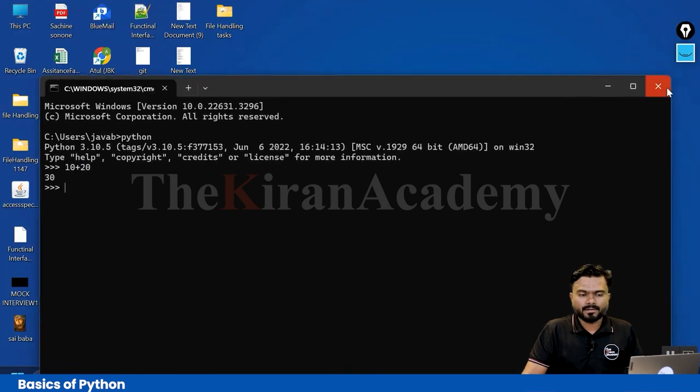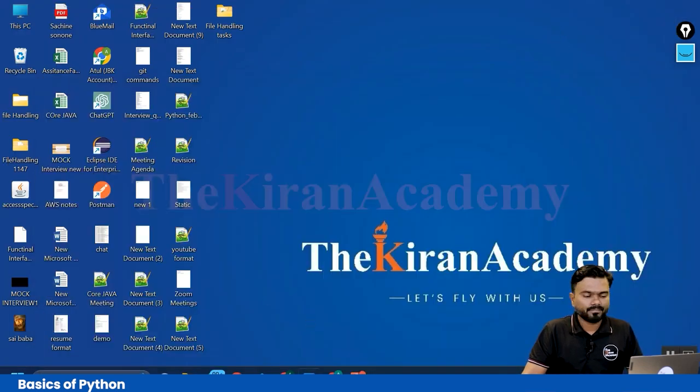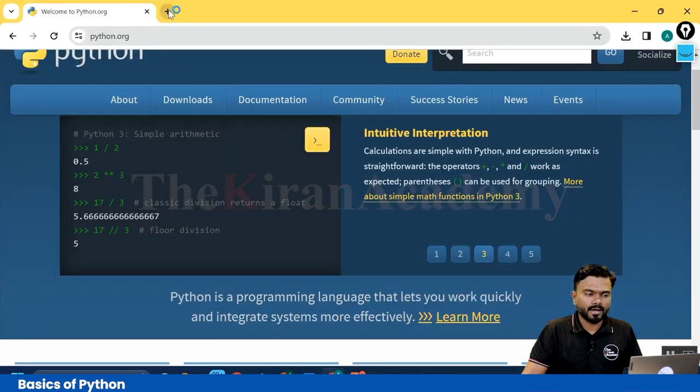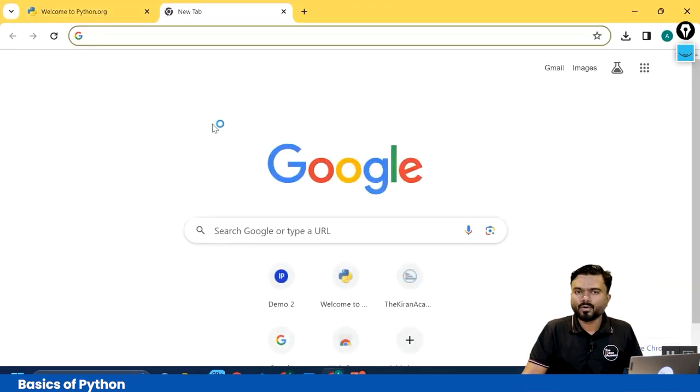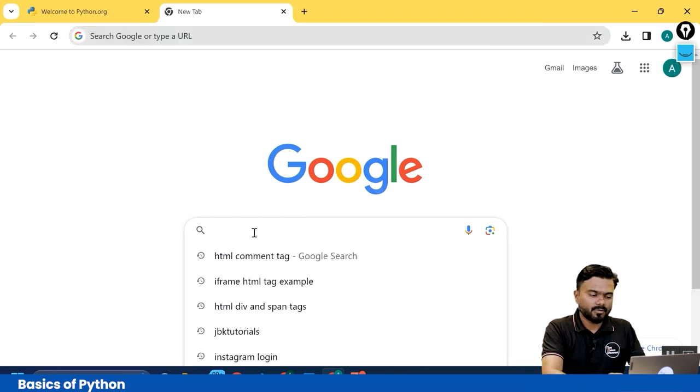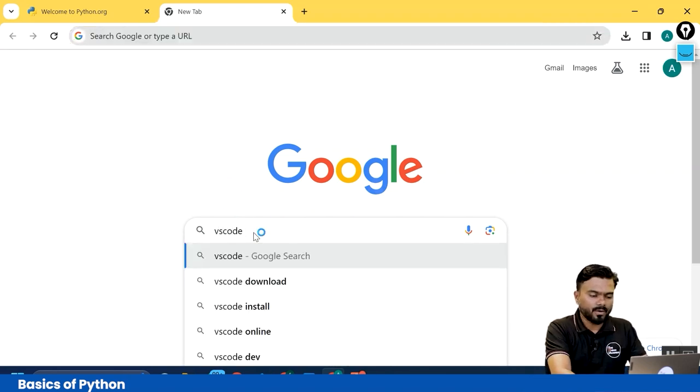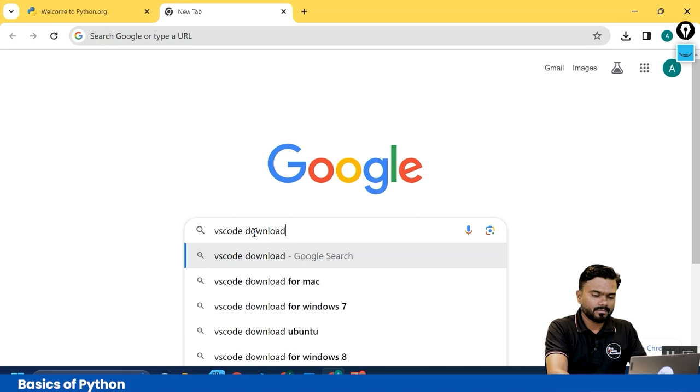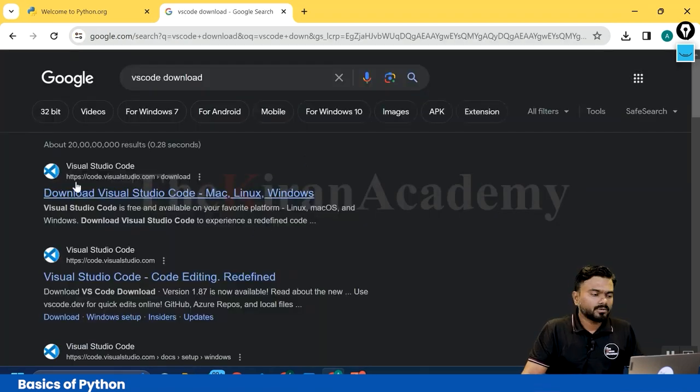After installation of Python, you need a code editor. So how to download and install a code editor? Again, go to Google and search for VS Code download. So whatever first option you are getting on your screen, download Visual Studio Code, click on that option and